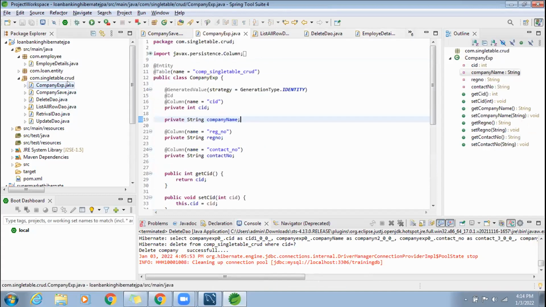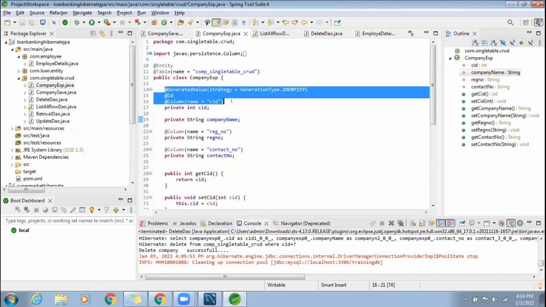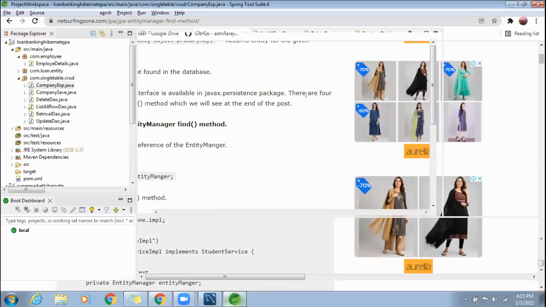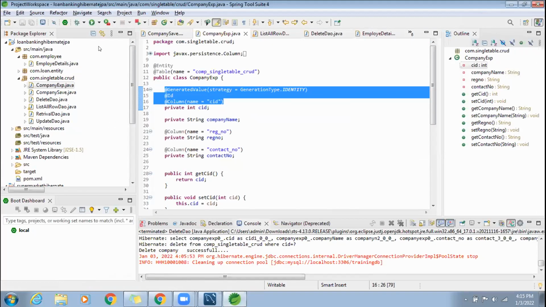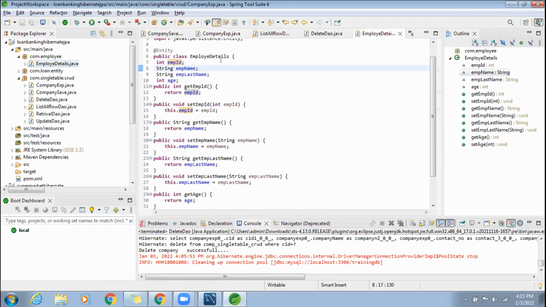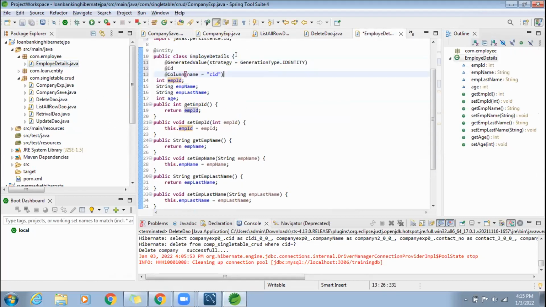Copy both lines below, come below. Yes, generated value. Do you want a column ID? Column? No, sir, I'll change it to empId. Yeah, change. Enter.